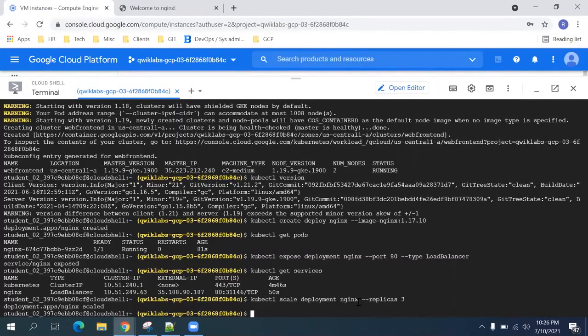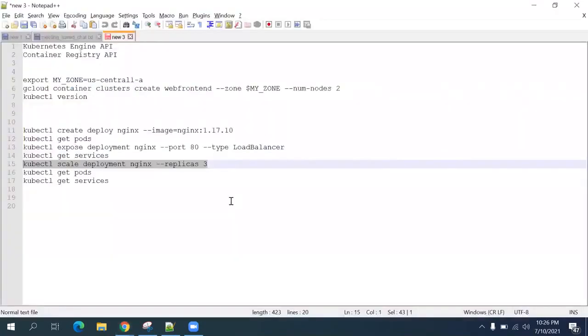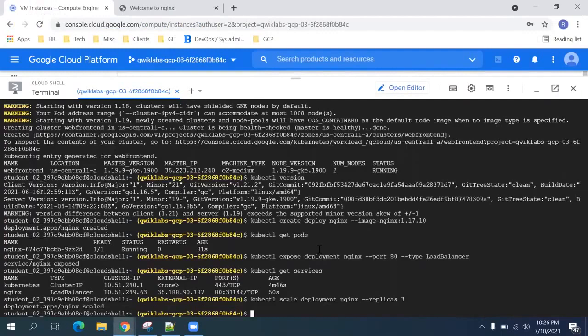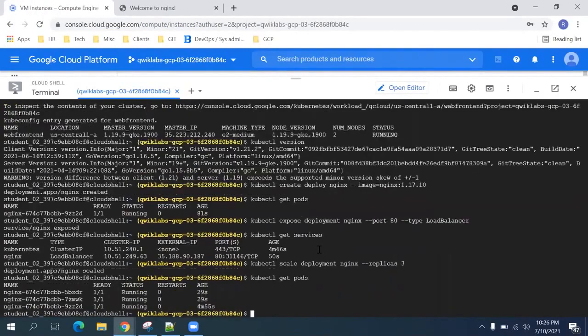And we can confirm that Kubernetes has updated the number of pods by using kubectl get pods. Okay, so now we see two extra pods. In the initial deployment, we had only one pod, and after we use this scale command, we got two additional pods.